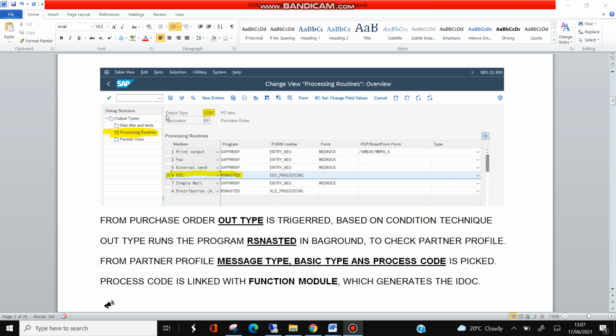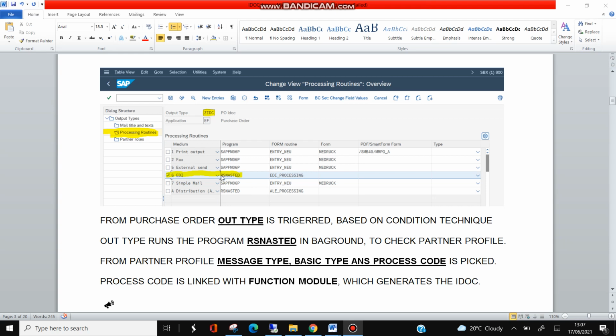Once the purchase order is created, based on the condition record, output type ZIDC is picked. Once this output type is picked, it will run a program in the background, which is RSNAST. Because the medium is EDI 6, this medium is picked from the output type in the purchase order.